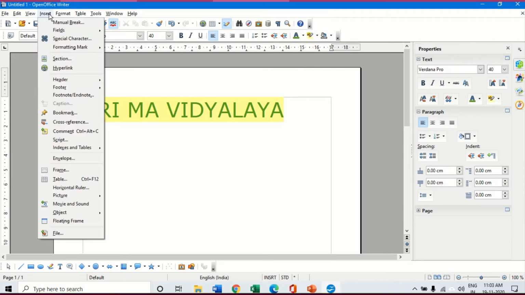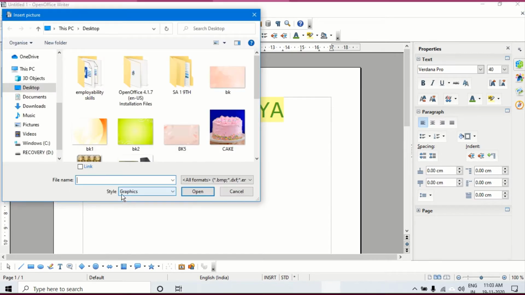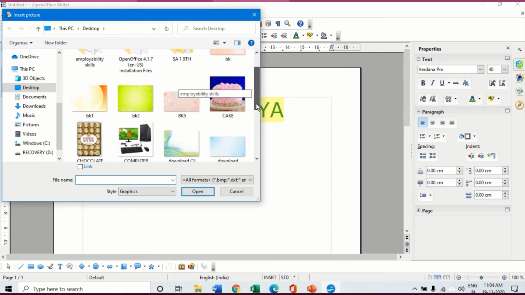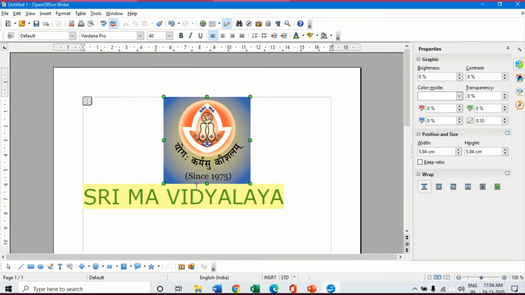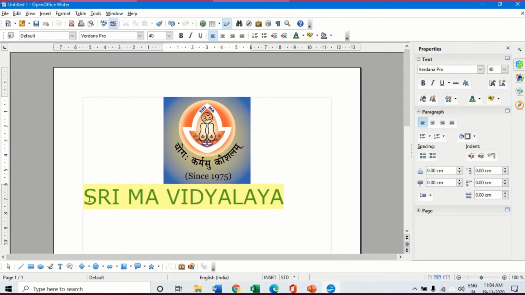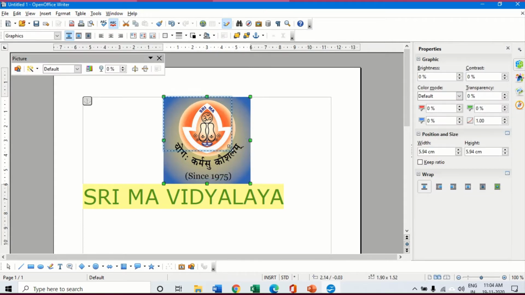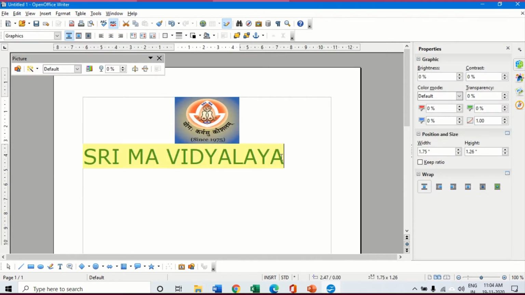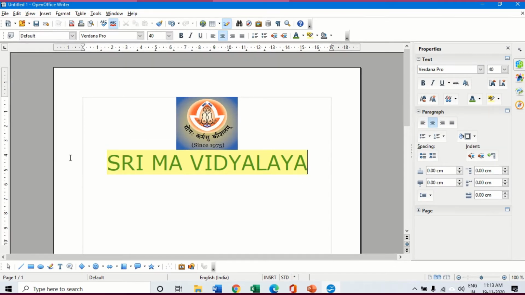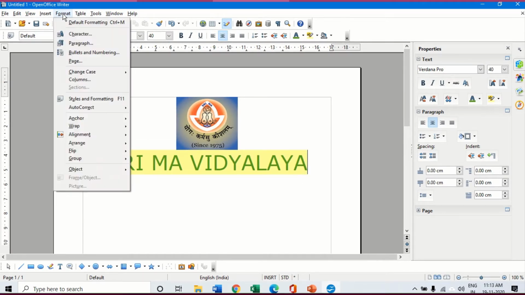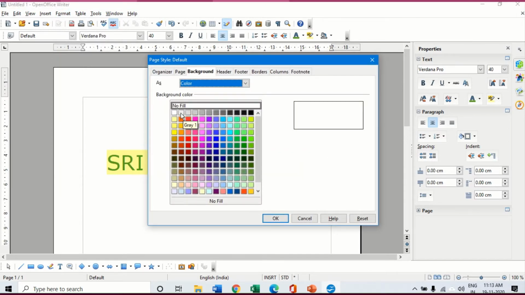So I can insert picture from file. I have already downloaded the school logo, and I place this logo here, and maybe I reduce the size a little bit and center this. So this is my template. I can also change the background color of this particular page so that it gives a little better look. Now this is the